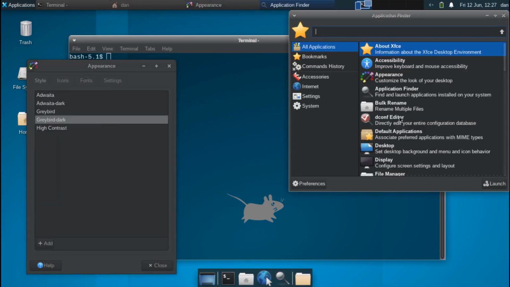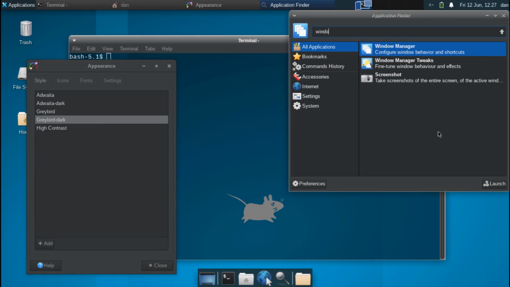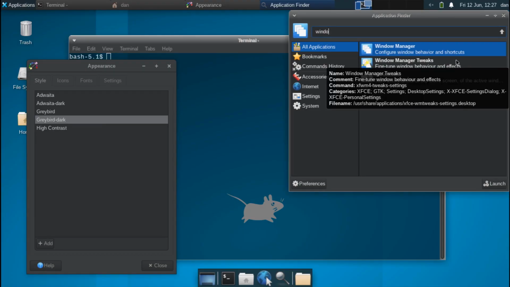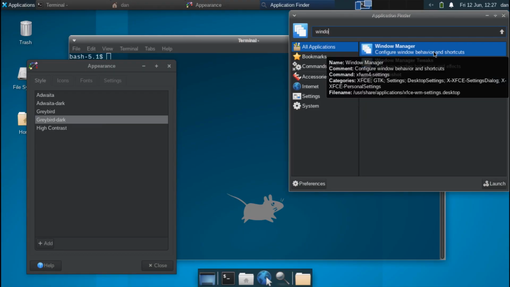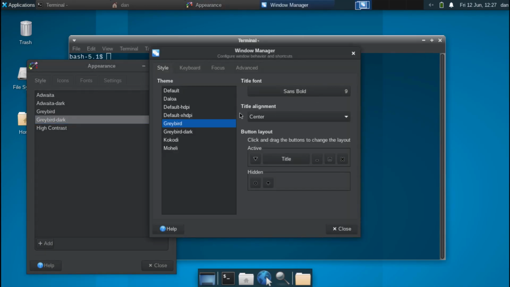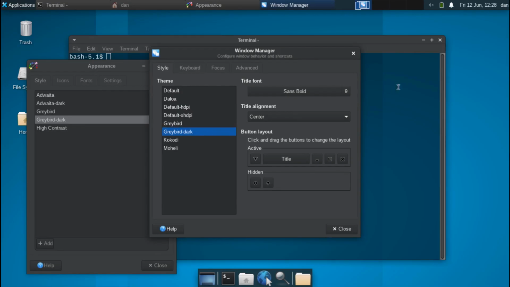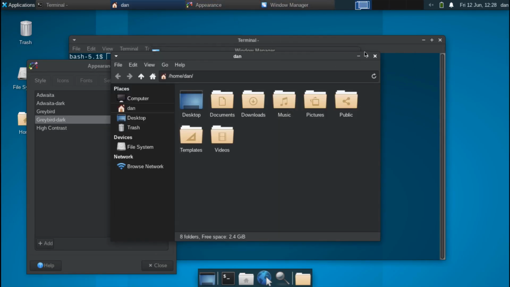So let's look at the app finder, and then we type in window, and then you have window manager settings. The basic window manager setting is here, and then here you can manually set the theme for the window manager. Choose Greybird Dark, and now it's looking nice as well here in the title